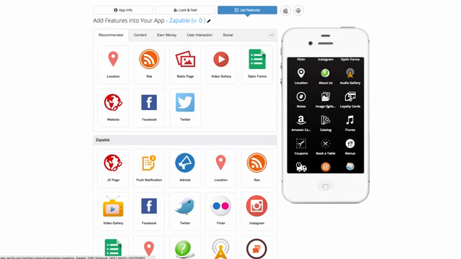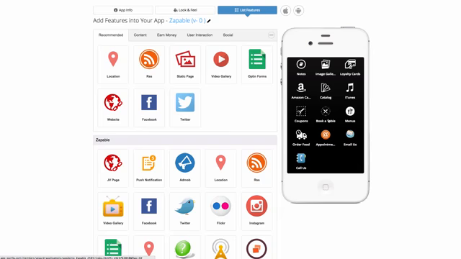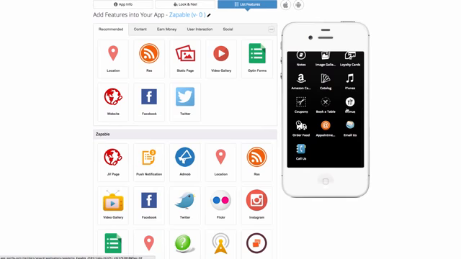What else? We have image gallery, so you can upload images, maybe screenshots or photos that have been taken of a hotel room, a restaurant, a coffee shop, hairstyles, gardening, just whatever you can imagine. You can have your own photo gallery. You can book a table. There's loads of services online, like opentable.com. This integrates with it, so people can make a table reservation. You can display menus from the popular menu